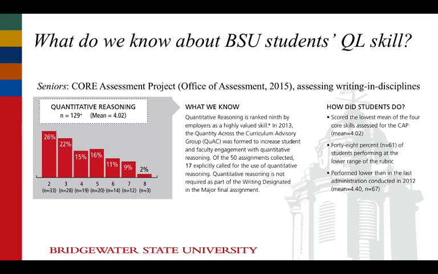And so the quality of work, again, this is the rhetorical part of it, how well were students' quantitative arguments supported by the quantitative evidence that they used. Here's the distribution of scores that the core assessment turned up. The mean of 4.02 is the lowest among all the core skills that were assessed, although they're not necessarily directly comparable to one another. I think distributionally,